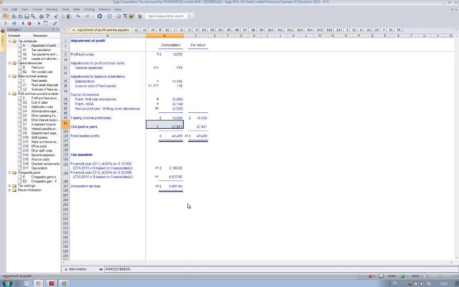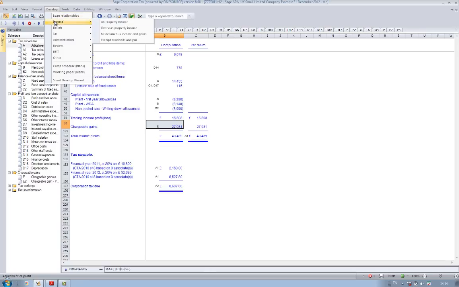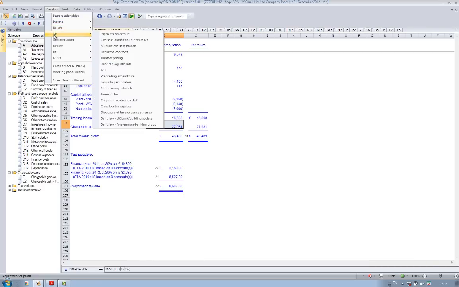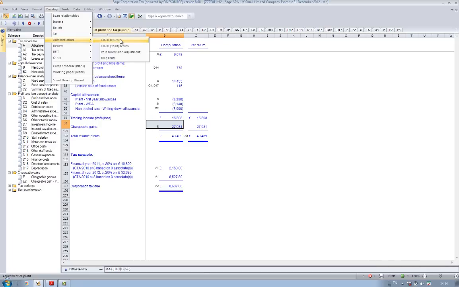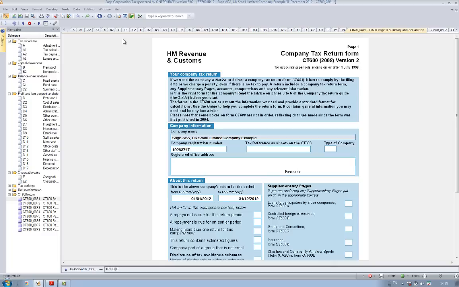To submit this corporation tax return to HMRC, you do need to first of all develop the CT600. Now you'll notice that there are other options in there that you can do as well. So if the business has property income, if there's any reliefs, if you want to manage payments on account, tonnage tax, that's all in there. If we develop the CT600 return,